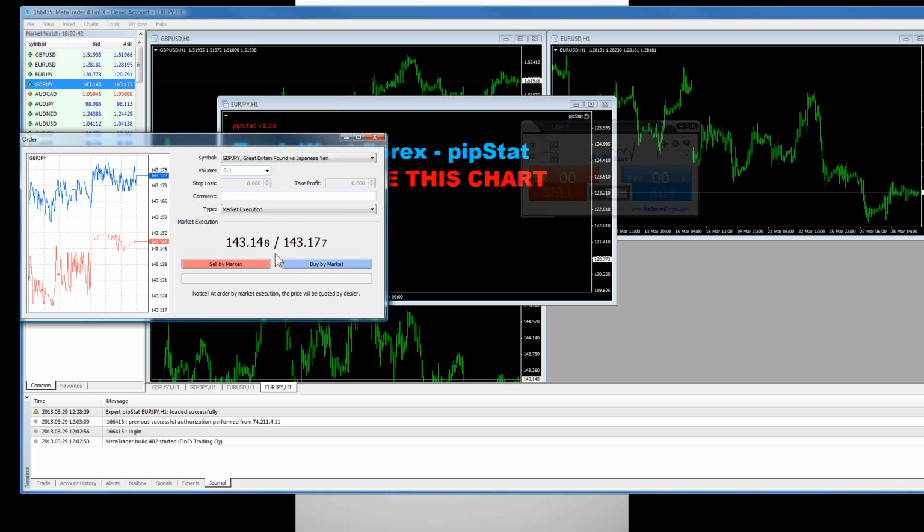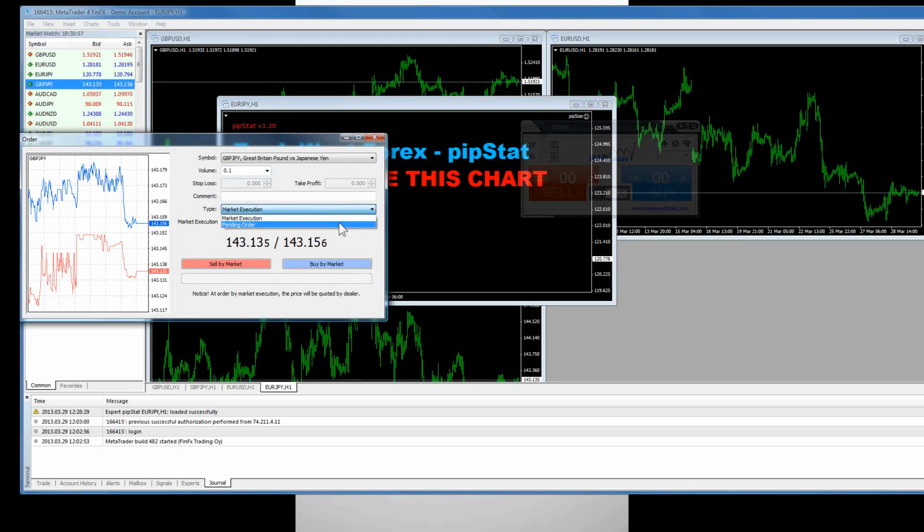So like we mentioned, this is going to allow me to make a mini, and you can go in and take these trades. You can buy or sell, and then of course your close order, once you've placed that trade, in this little window right here pops up. This is showing what I'm doing, which is market execution, or if you're looking to place a pending order, you can also do a pending order here.